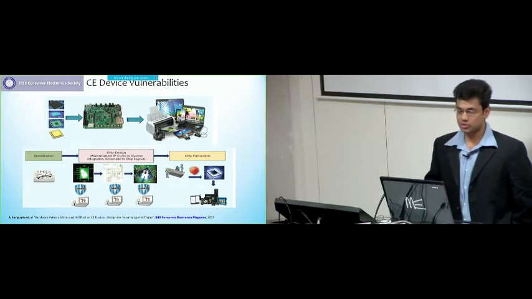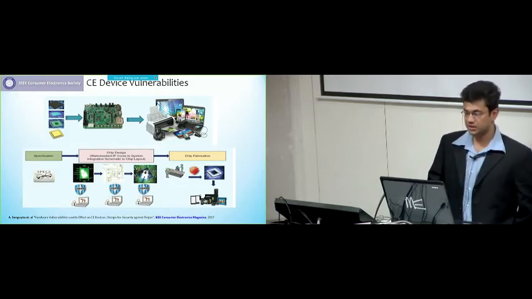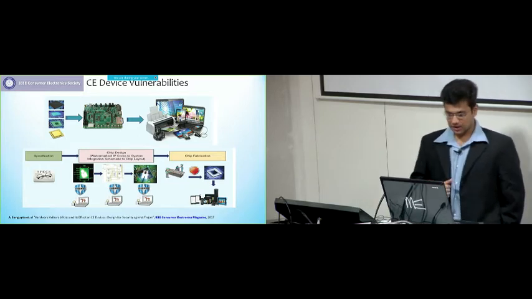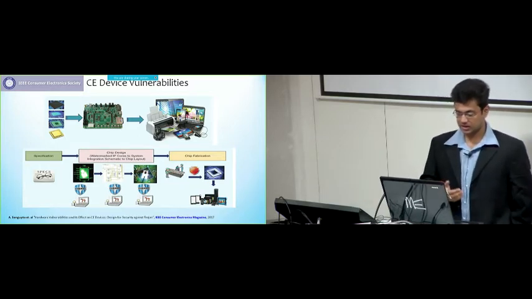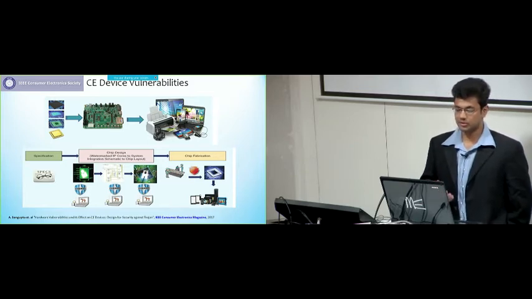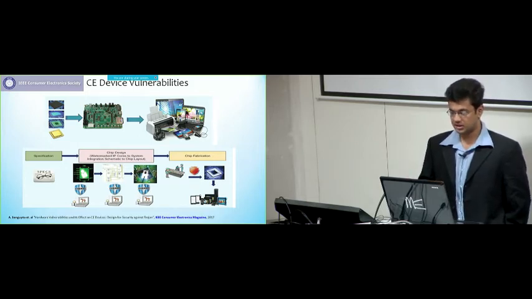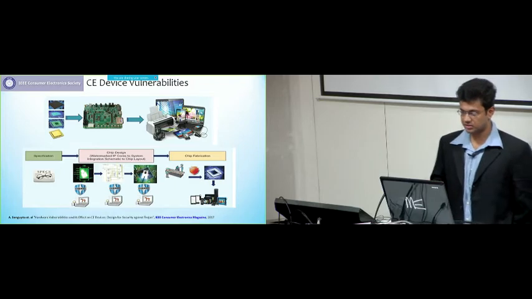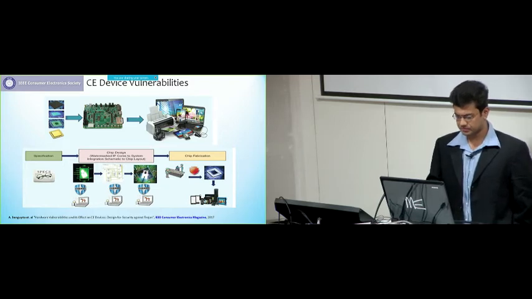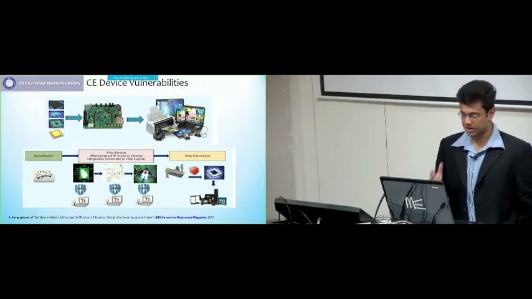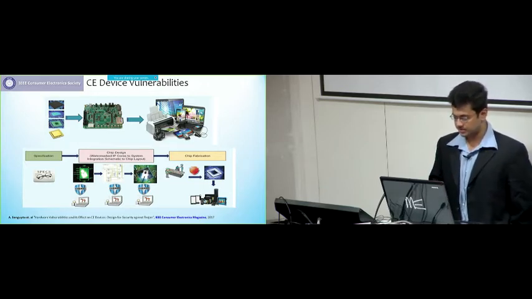When we talk of consumer electronics vulnerability, what we are basically looking at is which stages of the design flow in the consumer electronic hardware design process an IP core could be vulnerable. Starting from the specification stage, followed by third-party intellectual property vendor integration, schematic and layout generation, and finally fabrication, every stage of the design process is somewhere or other prone to external threats and susceptible to external attacks. So we have to ensure through proper mechanisms at every stage of the design process that we have formal mechanisms to protect or safeguard the system.